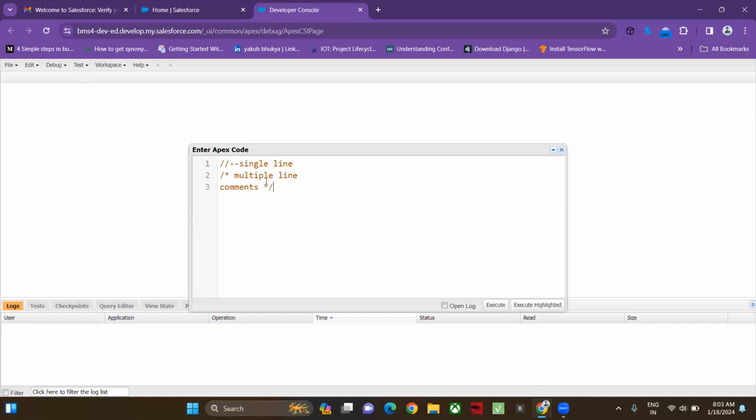Okay, so now in today's session, we'll see the concept called primitive data types in Apex. If you consider any programming language, in every programming language, we'll have primitive data types. So coming to Apex, primitive data types are Boolean,